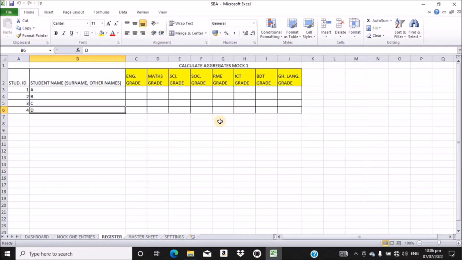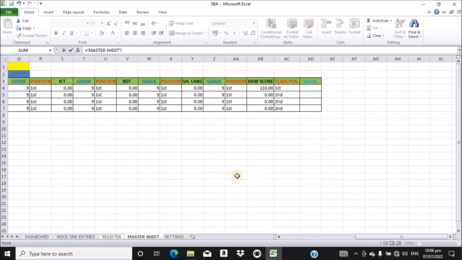So we created a sheet that is on the register. We created the grades cells or columns for it. So let's fill the grades here, and then after we can calculate for the aggregate. And so here we are going to reference the master sheet, the grades from the master sheet. So the English grade will be shown at this place. So let's type, or let's reference, equal to master sheet, and then